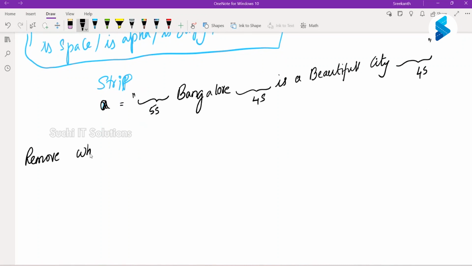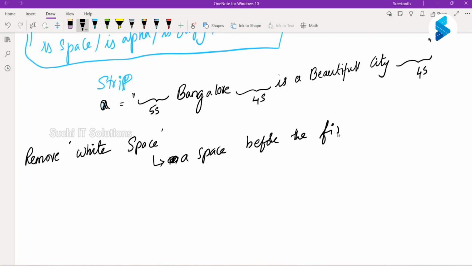Remove white space. Now what is a white space? A white space is a space which is there in front of a string, a space before the first character of a string